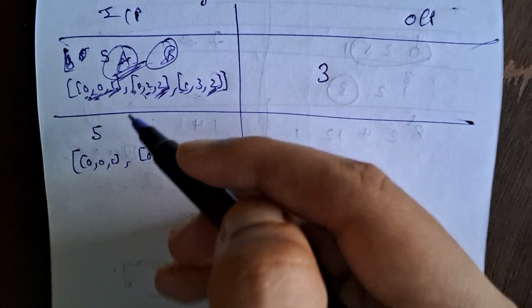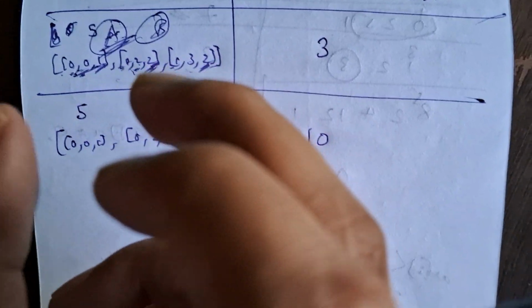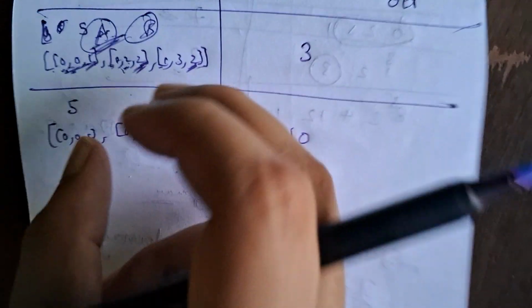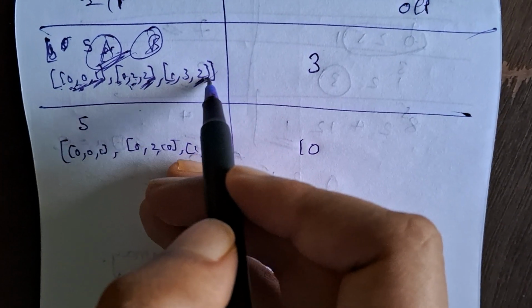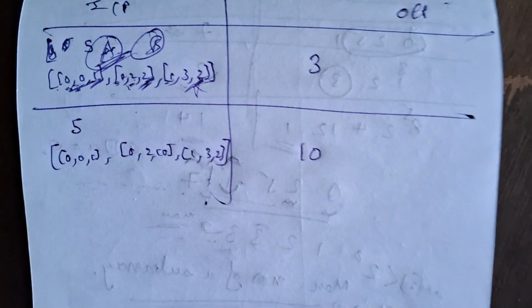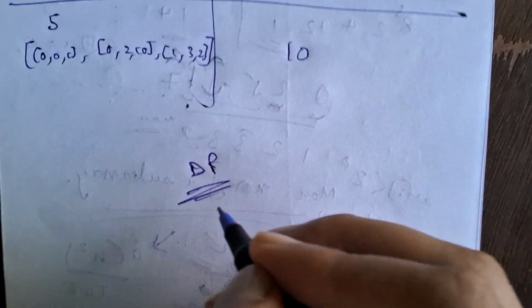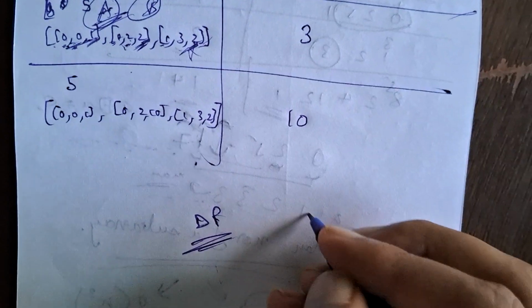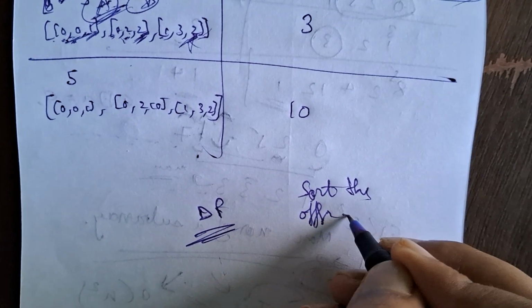So it basically means that you're given ranges, and you have to find the non-overlapping ranges so that the profit, the addition of these values, is maximum. This is very simple. What we are going to use in this is DP. First of all, you have to sort the offer array